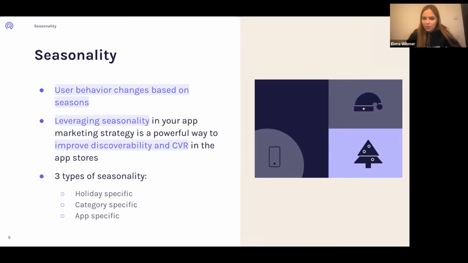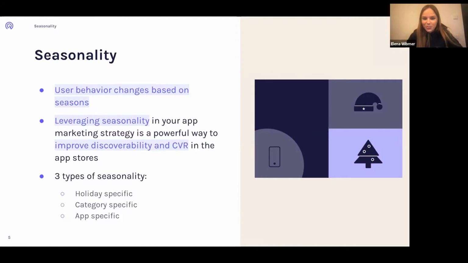Do you have any specific content around Christmas now? Really trying to leverage seasonality when you think of the whole flow of a user can be a great way to improve the visibility in the store, and in the end also make the users convert in the app stores because you fit their current changed behavior.